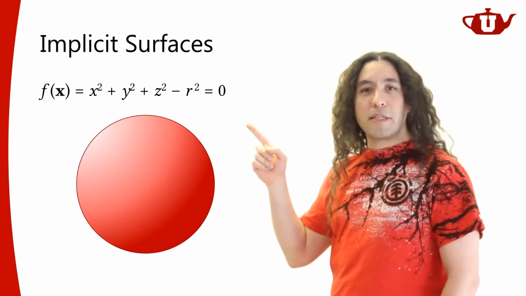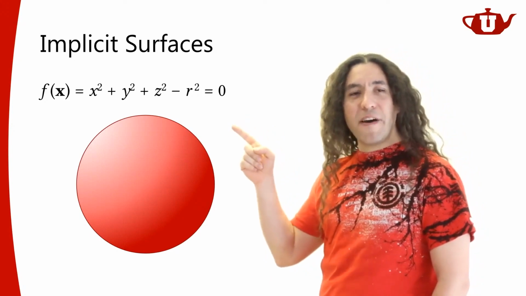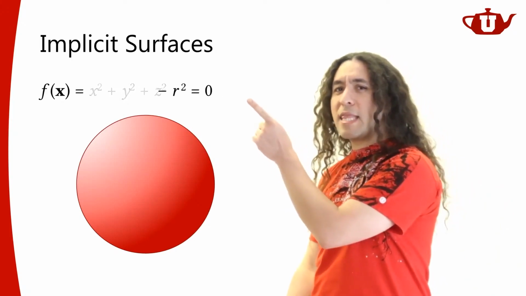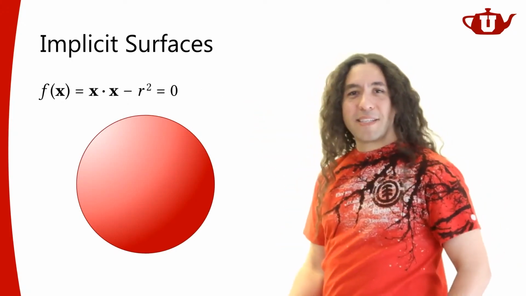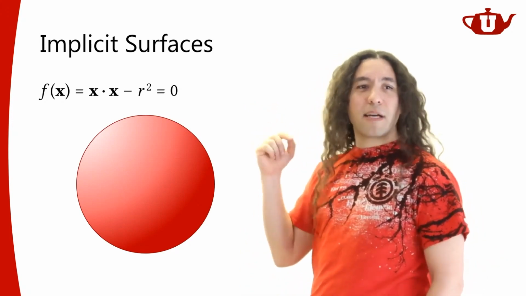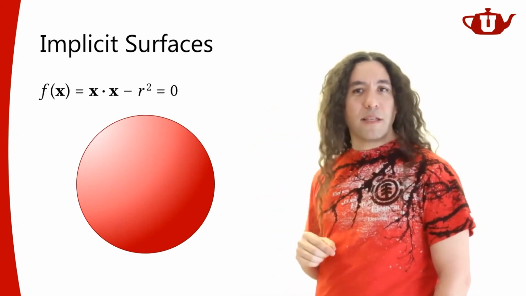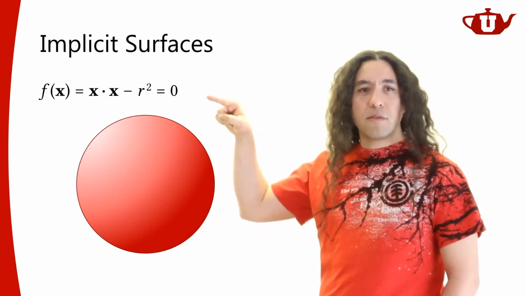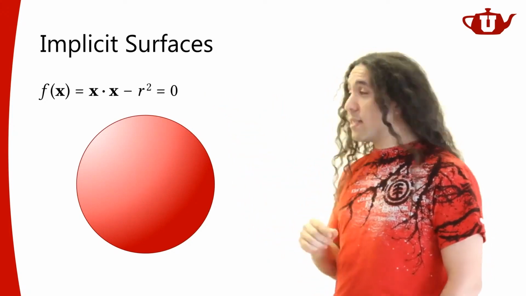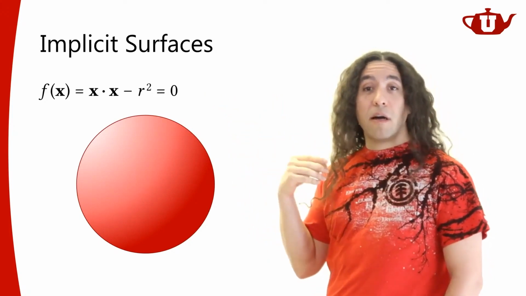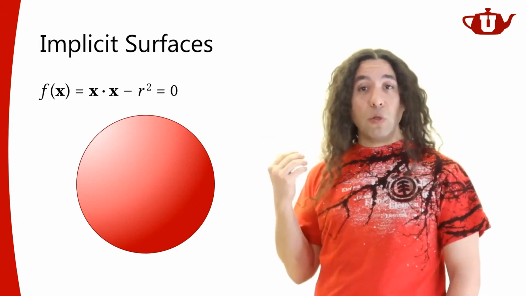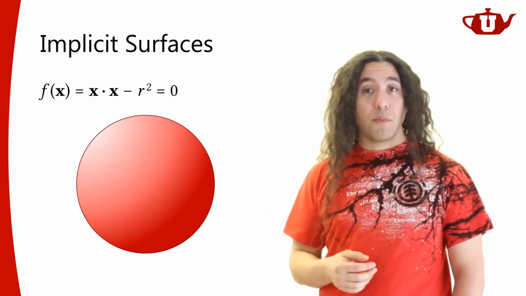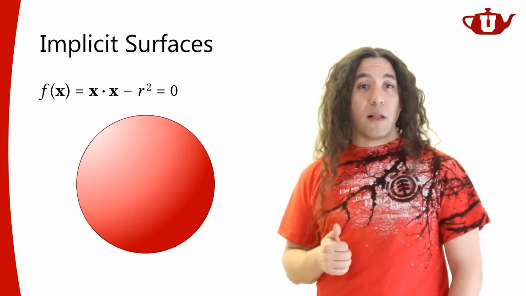I prefer writing this equation in vector form. In vector form, you can write the very same equation in this form: the position dot product with itself minus the radius squared is going to be 0. So any point that satisfies this equation would be a point on the sphere. And that's a very, very convenient representation for a lot of cases. We use implicit spheres a lot for all sorts of different purposes, and we use them for rendering as well.